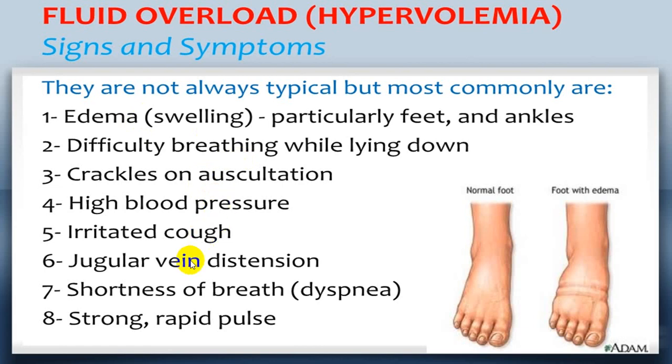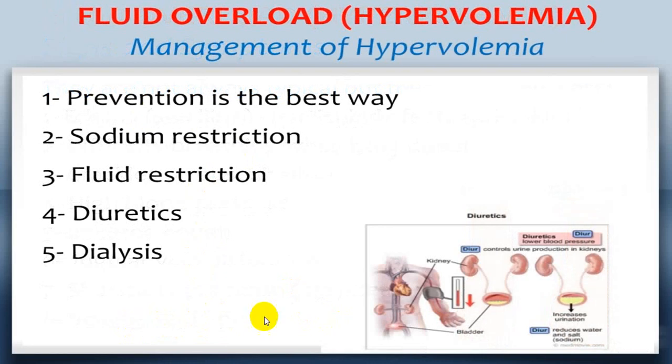The person will start having cough, JVP will be elevated, the person will start developing orthopnea, and will have a large volume pulse and tachycardia. Best is prevention: sodium restriction, fluid restriction, and you might require diuretics,